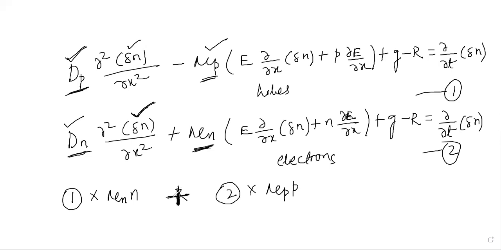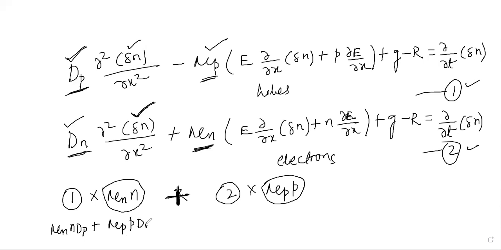So I said multiply mu_n n with the first equation and mu_p p with the second equation, and then add them. If we do this, finally we can write it as mu_n n D_p plus mu_p p D_n, and then we have